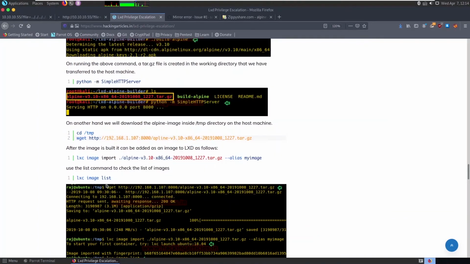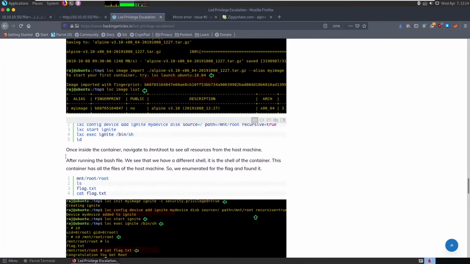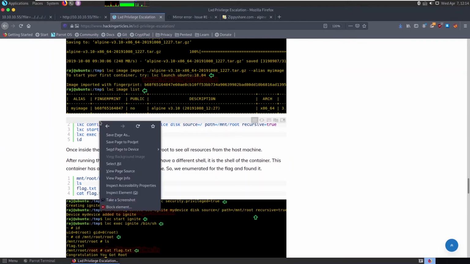Now we are going to initialize that one. Let me copy this.